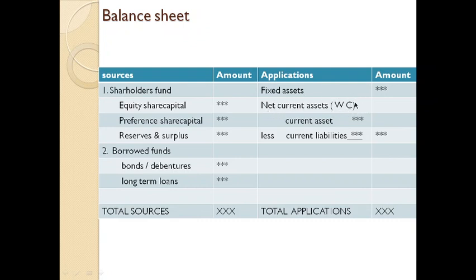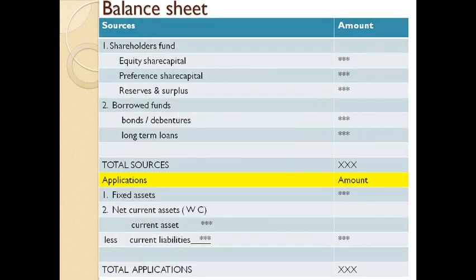Working capital is the difference between current assets and current liabilities. In the vertical form, we show current liabilities like this. We deal with current assets and show them as working capital. Working capital is that part of capital set aside from the main capital so as to meet the day-to-day operations of the business. On a formula basis, it is explained as current assets minus current liabilities. This is the actual format of a vertical form balance sheet. In further cases, we will be doing problems on the basis of this format. Just go through the items. It's all similar. We discussed this in the previous slide.